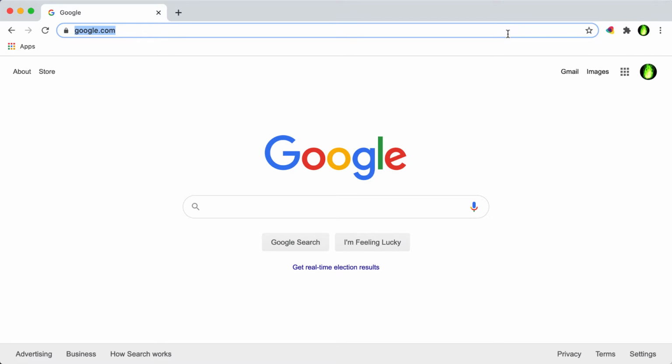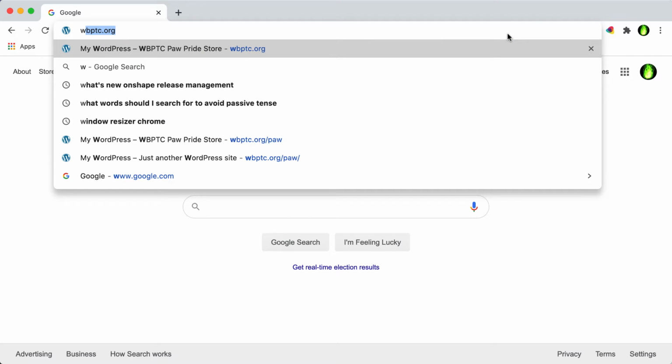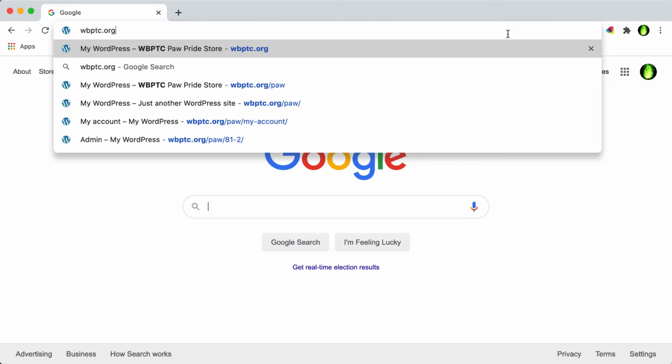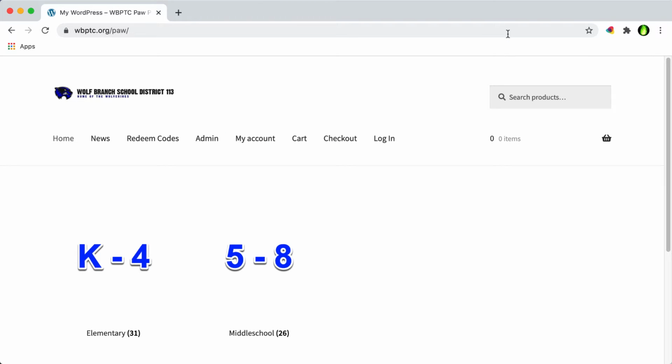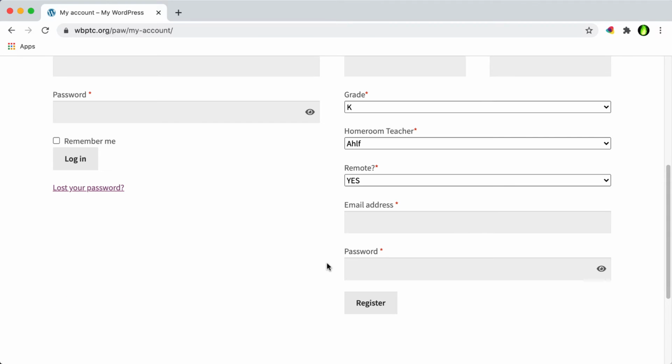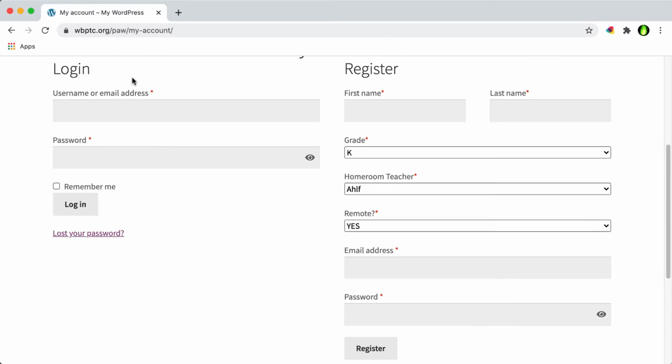First off, you need to go to WBPTC.org, and that is our website. You need to log in or create an account. If you press the login button, they're both next to each other, so you can register your own account if you want. You do have these required fields that all students have to fill in, so just fill it in for yourself. If you don't want to register an account, we do have an account called Paw Pride, and if you email me at